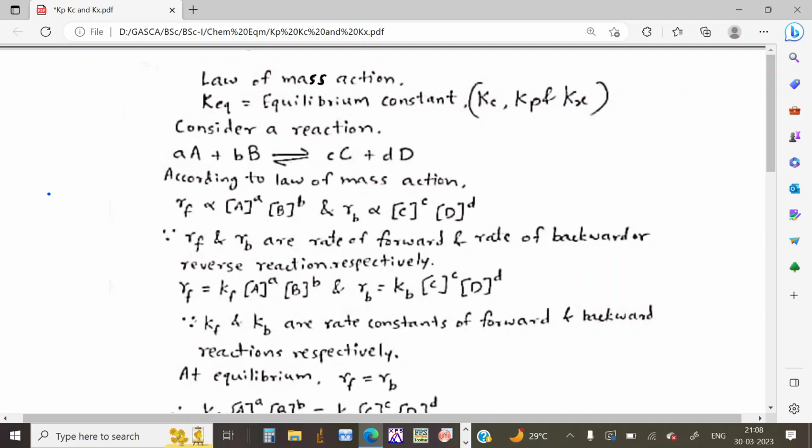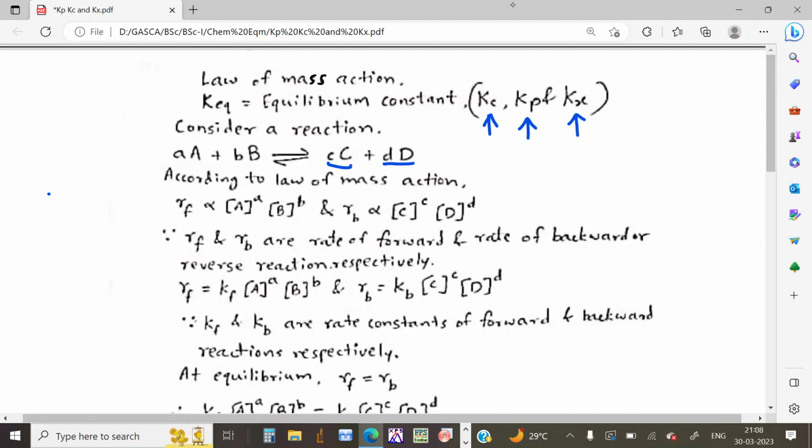Law of mass action and equilibrium constant K: equilibrium in terms of concentration Kc, in terms of partial pressures of reactants Kp, and in terms of mole fractions of reactants and products Kx. Okay, now consider the reaction aA + bB is in equilibrium with cC and